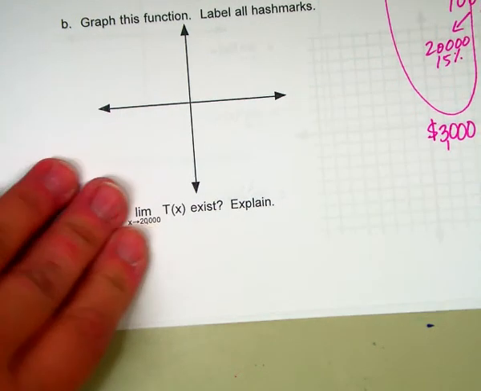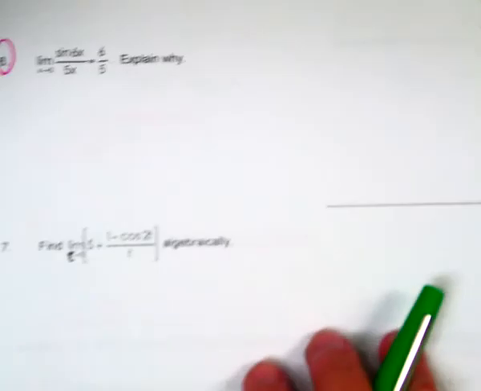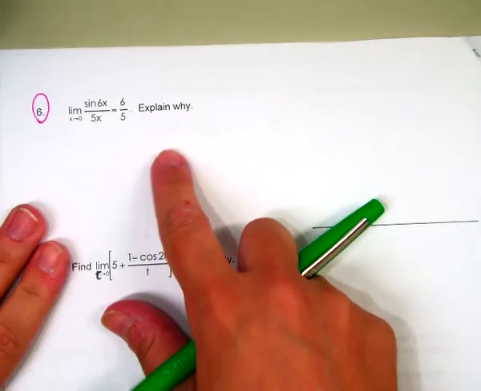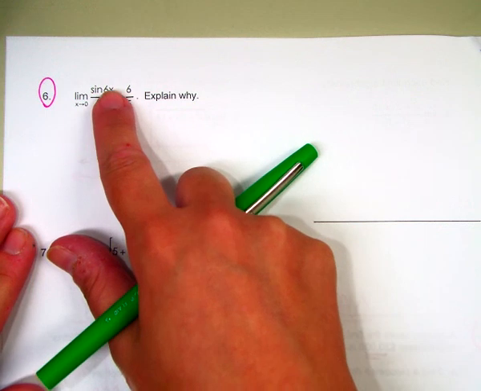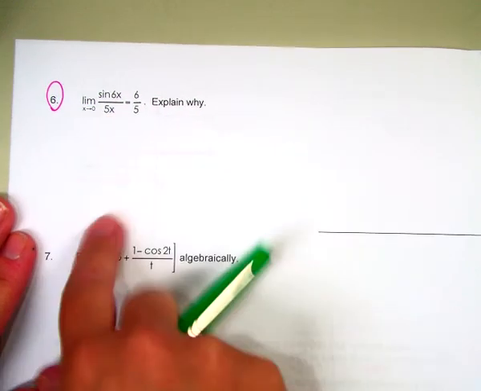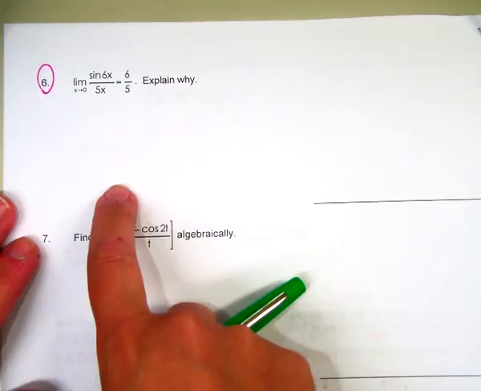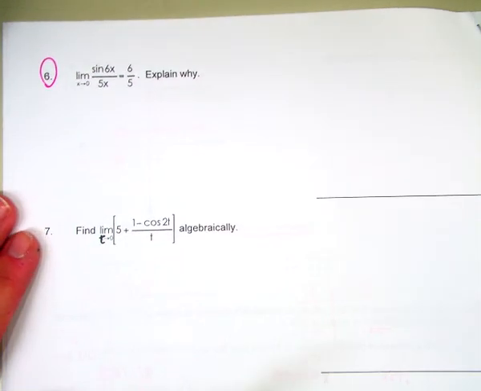All right, last ones are on the back, okay? If you caught this yesterday, I decided I did not grade the back at all because, quite frankly, I forgot that these limits that were on this quiz had kind of arguments in here that we didn't really go over. So I'm going to show you how to do number 6, and then if we need to go over number 7, we can. But